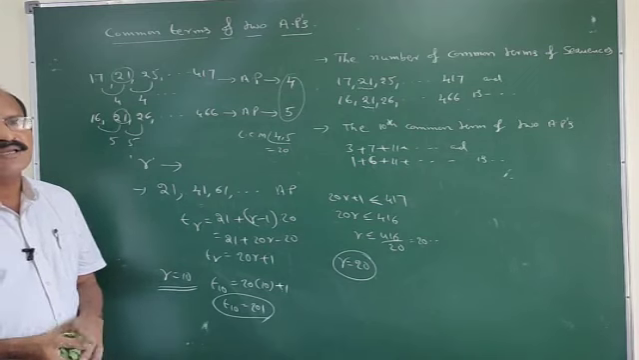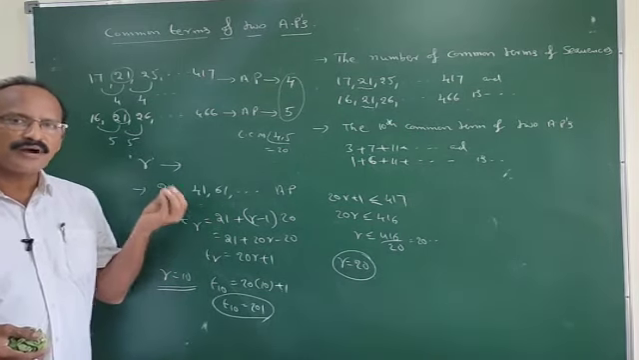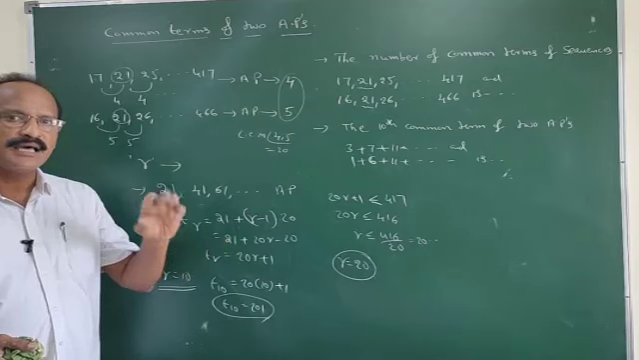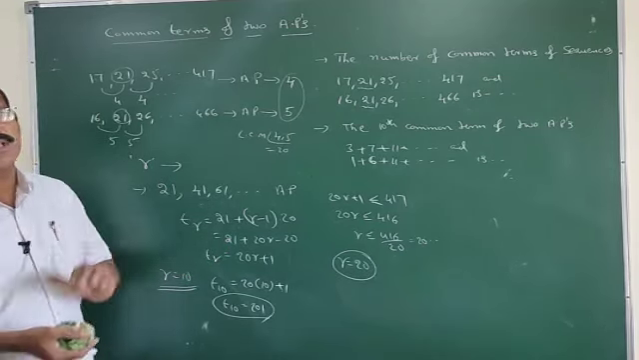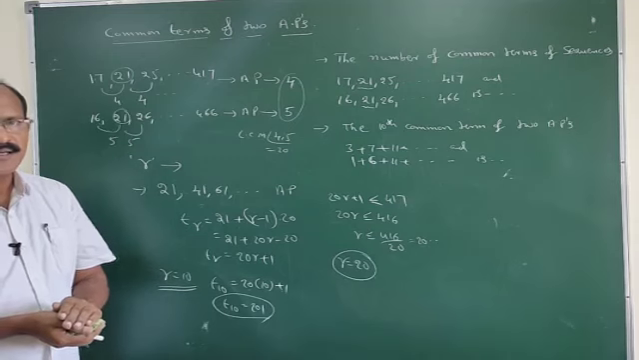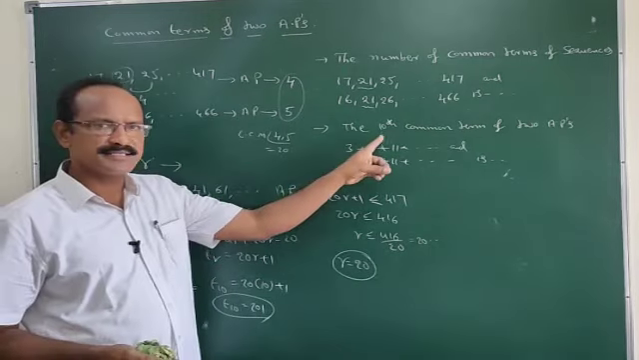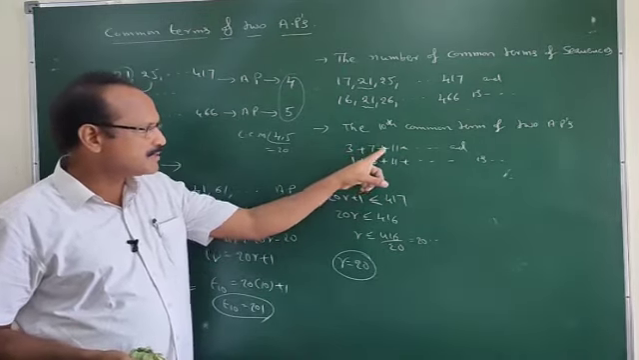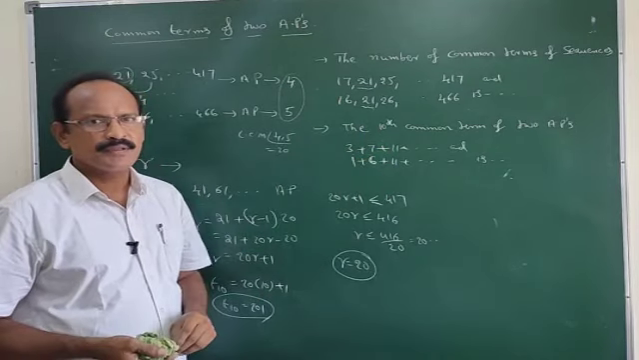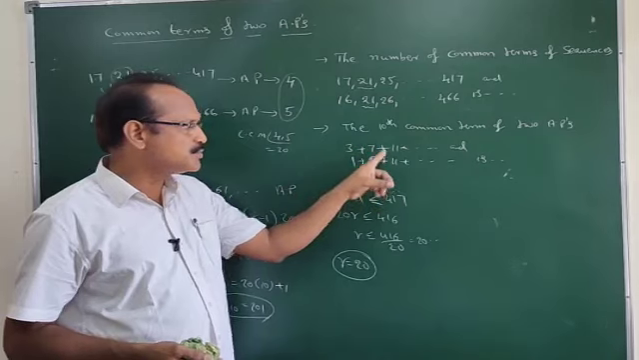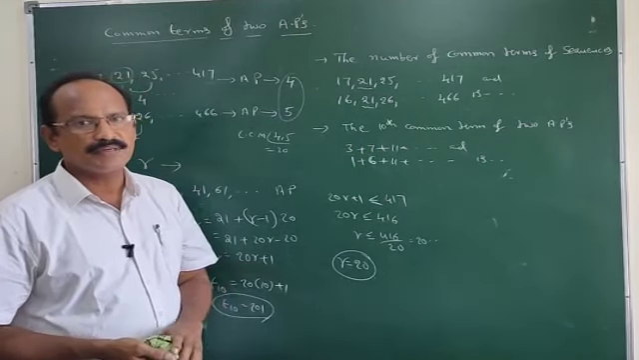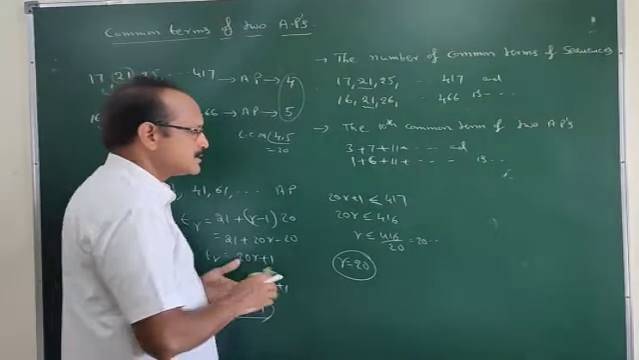So in this manner, you can calculate the number of common terms of the two APs as well as the particular common term of the given two sequences. Of course, we will go to another example where you are given two series and you want to calculate the 10th common term of the two sequences. The procedure is